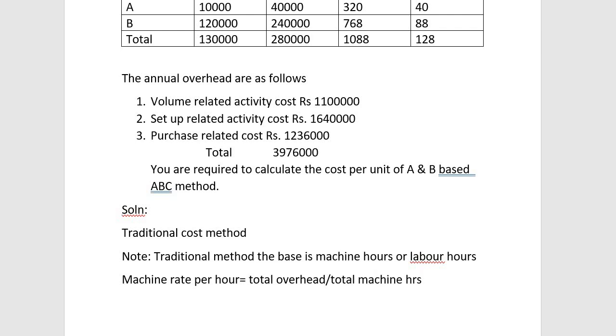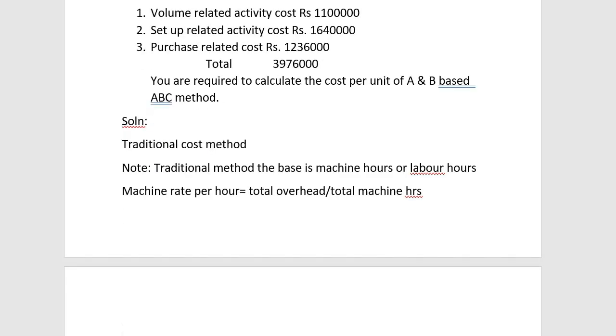As it said, you can see here for traditional method the base is machine hours or labor hours. The base is here total machine hours. We can see the total overhead here. The total overhead is 39 lakh 76,000, that is total expenses. 39 lakhs 76,000